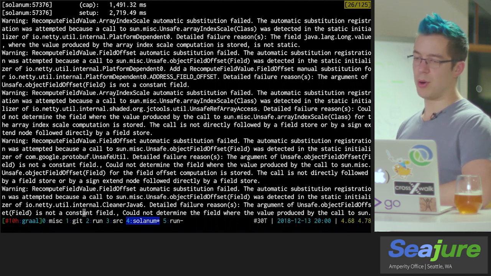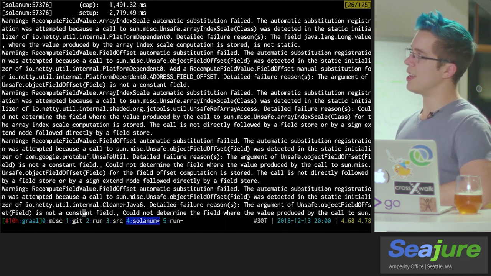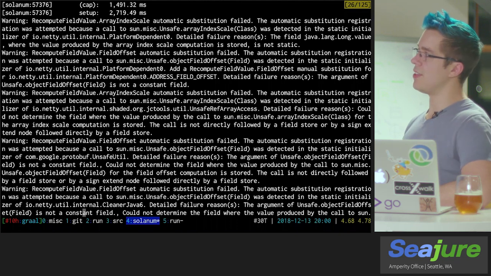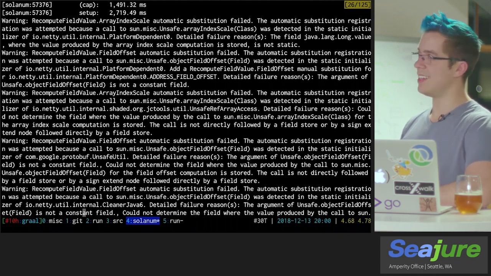And both of them are trying to be high performance, which means they wind up using sun.misc.unsafe, which is a piece of the JVM that you are not supposed to use.